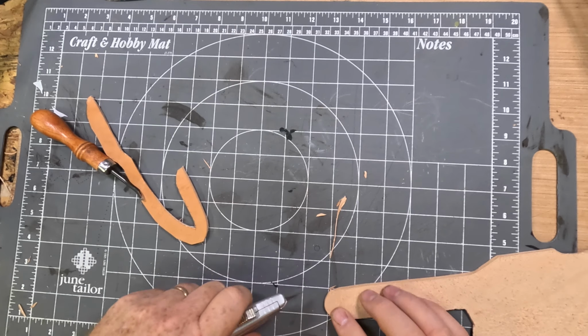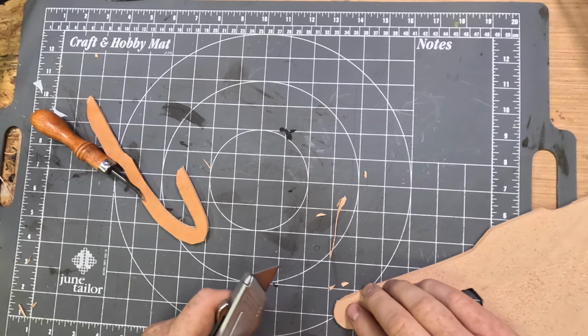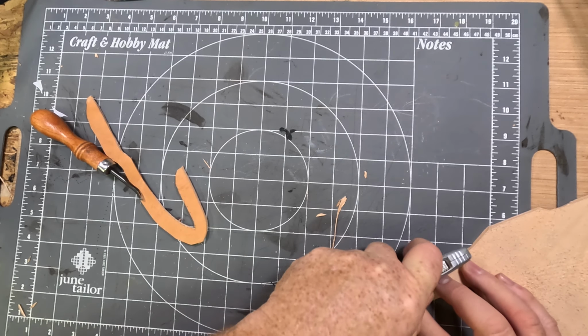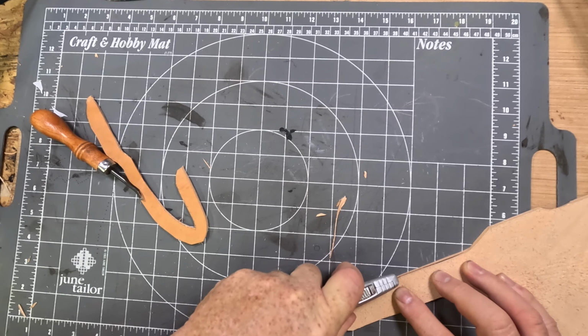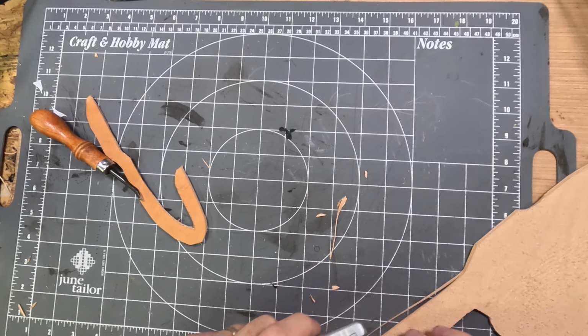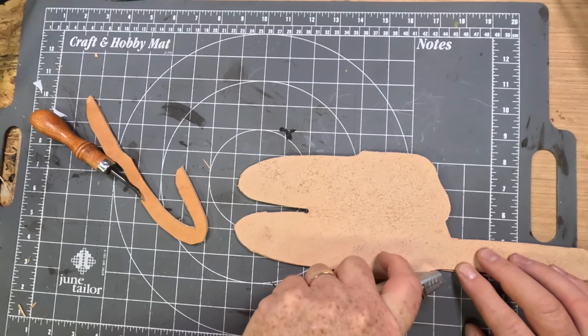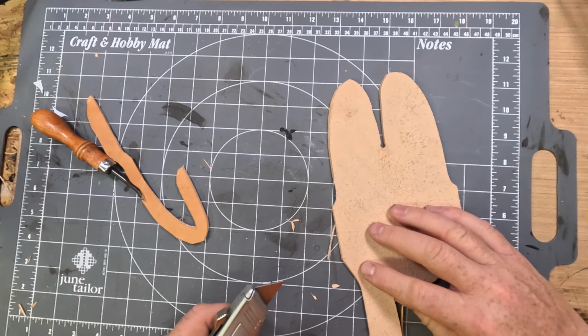Like I said, we're not the best leather workers in the whole world. But there is that, and I may just do the slightest trimming right here, and that will straighten that up. Now I'm not too worried about the rest of the knife right now, as you'll see, because I'm just going to take that